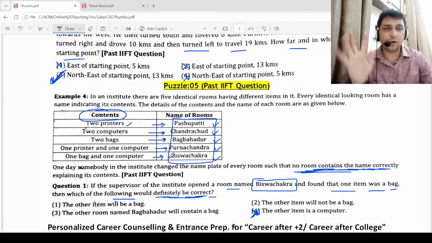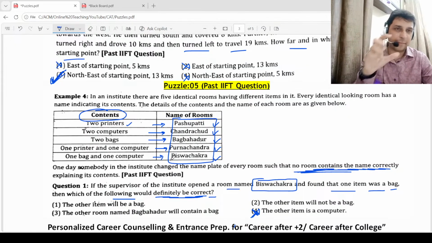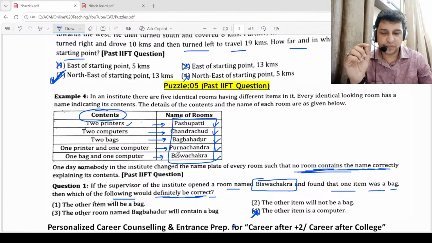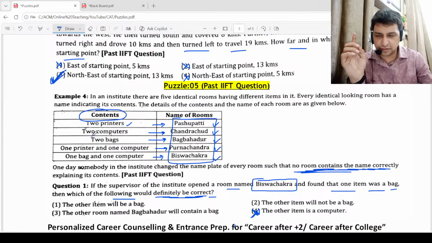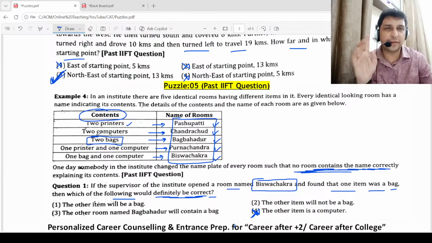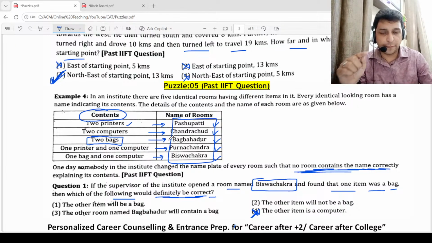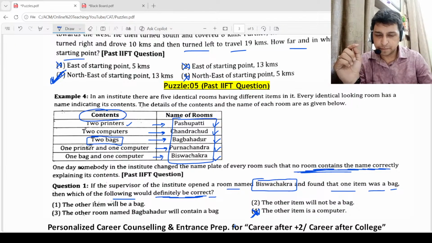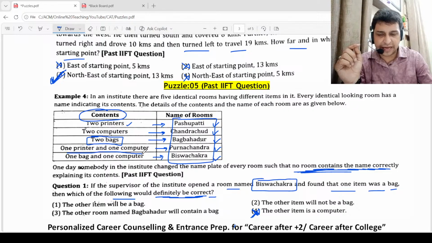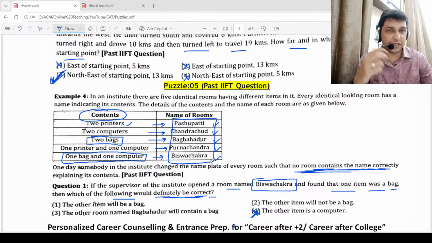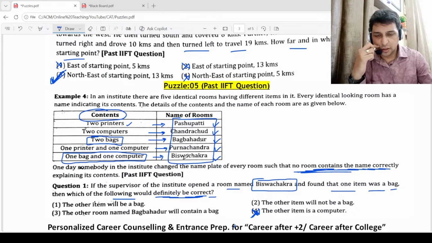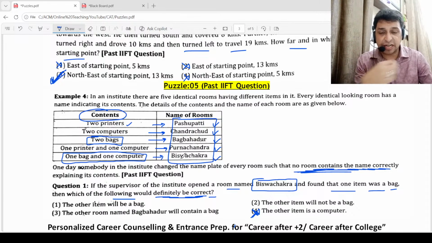Now, whichever room Vishwachakra has, the nameplate, whichever room it is, it should have a bag. Now, that is only possible in case of Bag Bahadur because there are only 2 rooms where bags are. In one room, Bag Bahadur, there are 2 bags. In Vishwachakra, 1 bag and 1 computer. And when we open the Vishwachakra room, because the nameplate has been changed, and we are finding